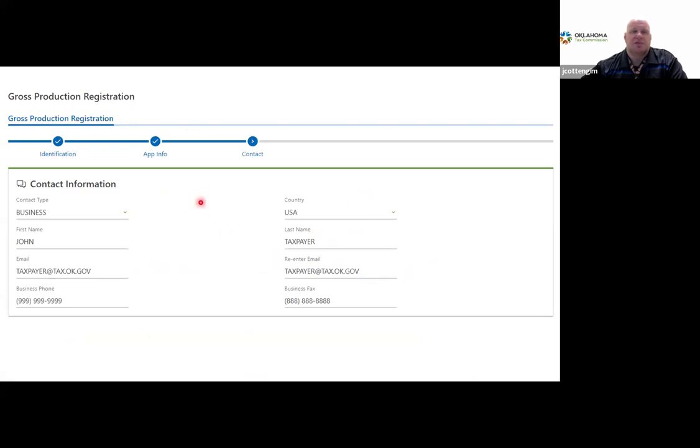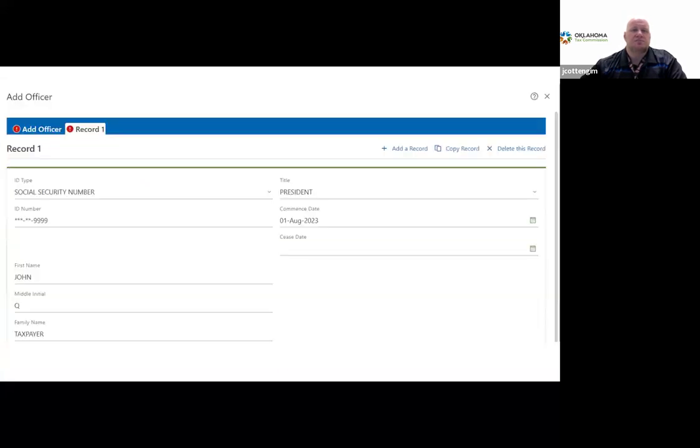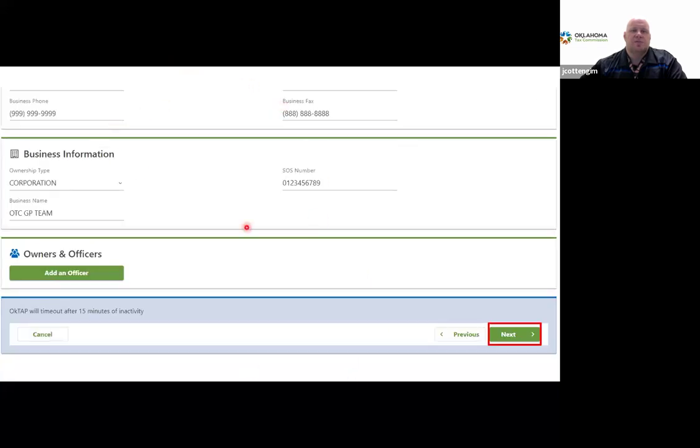Again, you'll be brought to that page where it's going to ask you for that contact information. So again, we'll just enter our business, our name, our email, our business phone, and fax. Again, it's going to ask for what type of ownership is related to the business, Secretary of State number, and what our business name is. And again, we do have to provide at least one owner or officer. Doing so again, we just add a record, we fill out the appropriate information. And once we do so, we click next, we're brought back to our previous page where we can go hit